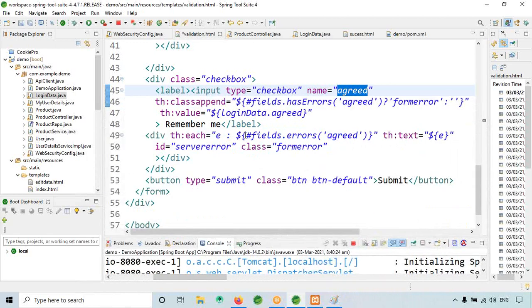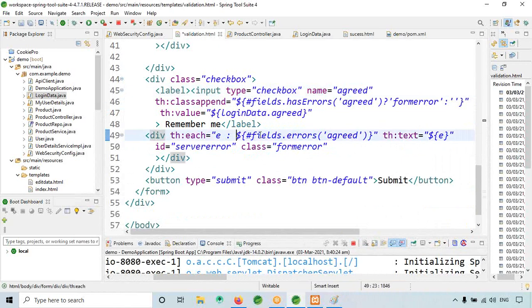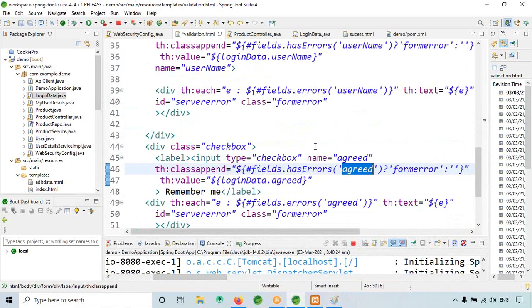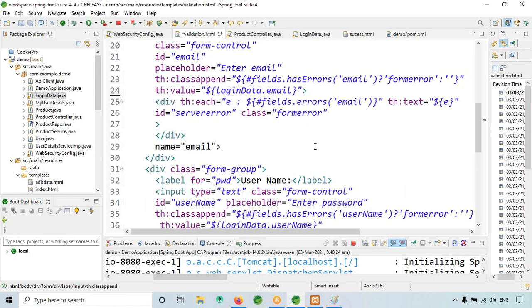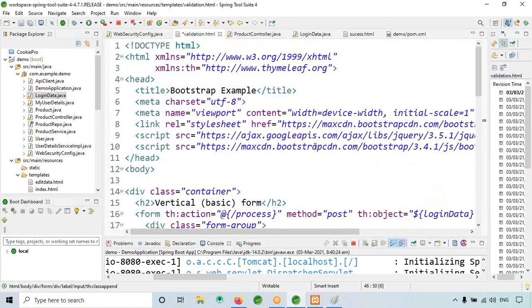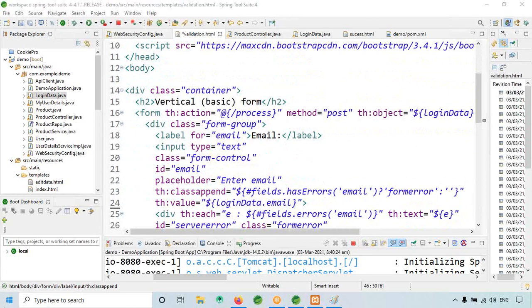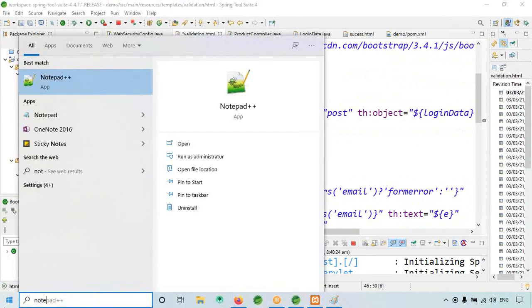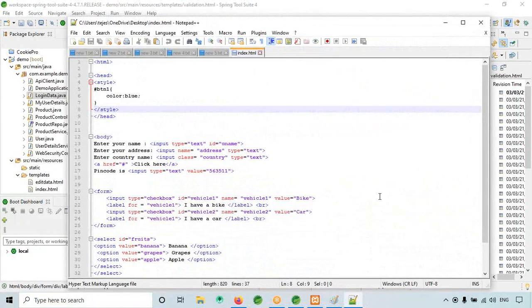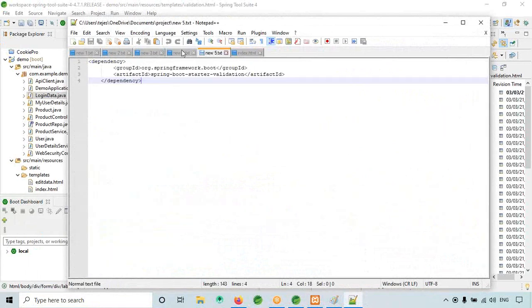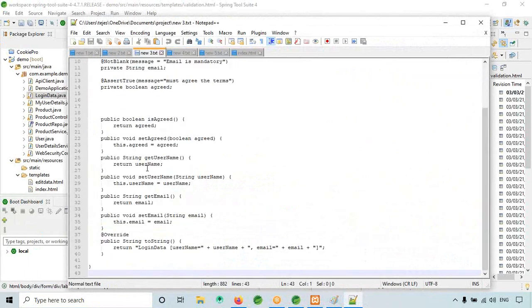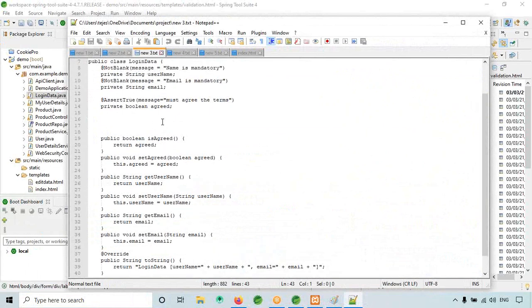No, this is right, but creed. Okay, let's see. I have the same code here. Boolean agreed, must agree the terms, same thing.